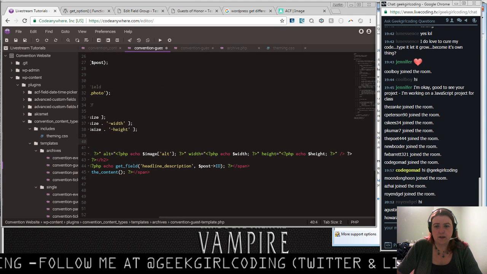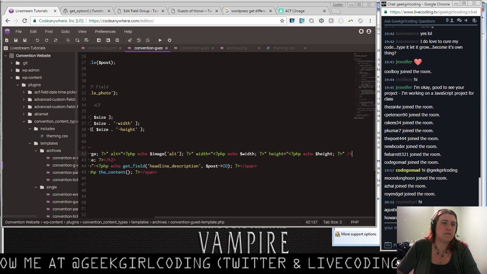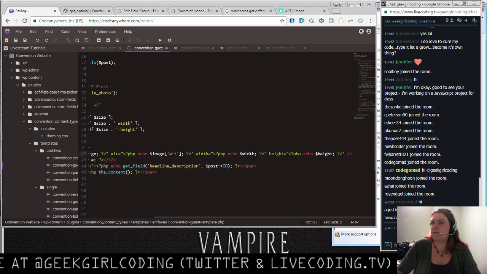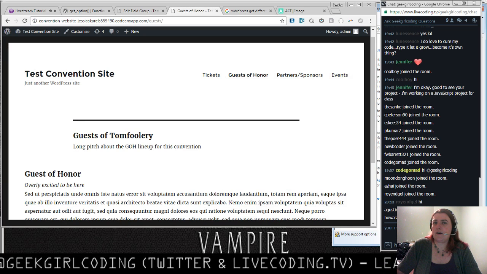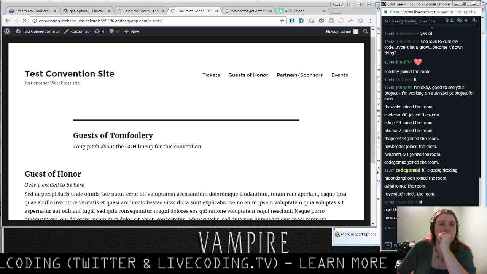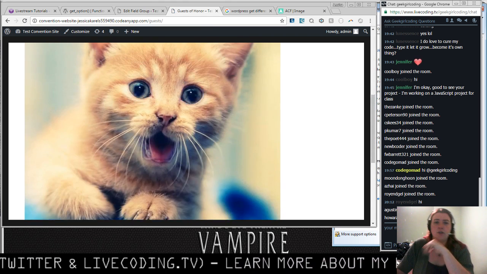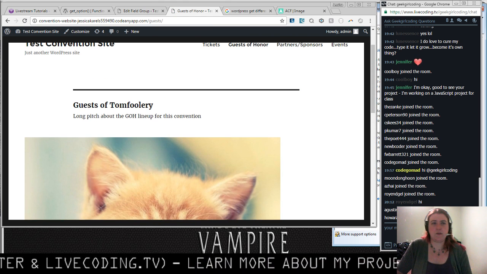Height is height, and we don't need this piece here. And if we refresh this, hopefully this is going to work. So now we went from a full scale image to this, and you can make additional changes if you need